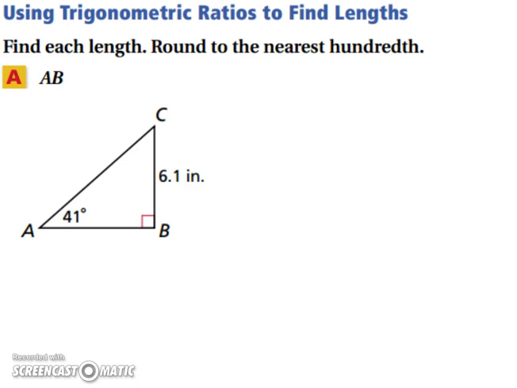We're going to do the first few together, so that way you have some idea what's going on. I suggest highlighting the side which you're trying to find. In this case, AB is the side we're trying to find. We're given that angle A is 41 and that CB is 6.1. When you're looking at the angle that they gave you, which is this one here, and the two sides